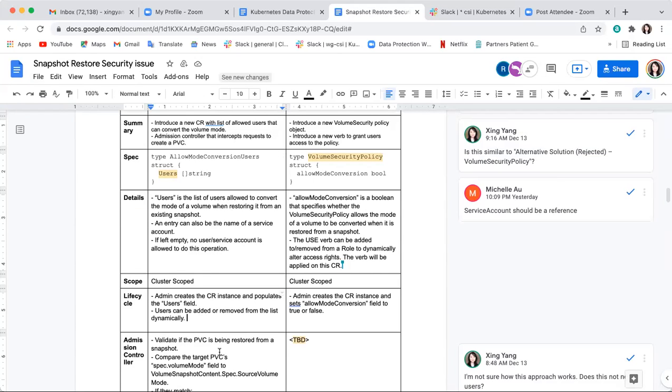I would ask on this, are there any other models where security is being handled by lists of users in a CRD, in a CR? Not that I'm aware of right now. That would be a very strong argument to not do it this way. Well, I think there are, but I need to find out. I believe I've seen it somewhere, but I couldn't remember exactly what that is right now. I just advise that anytime we start looking at security, when you start introducing a new model, you're introducing a whole set of new threats.